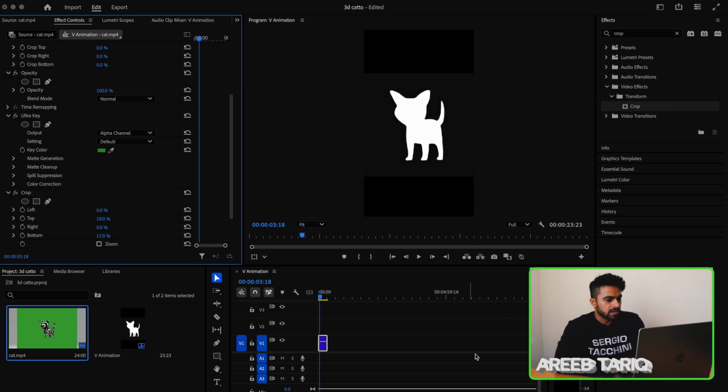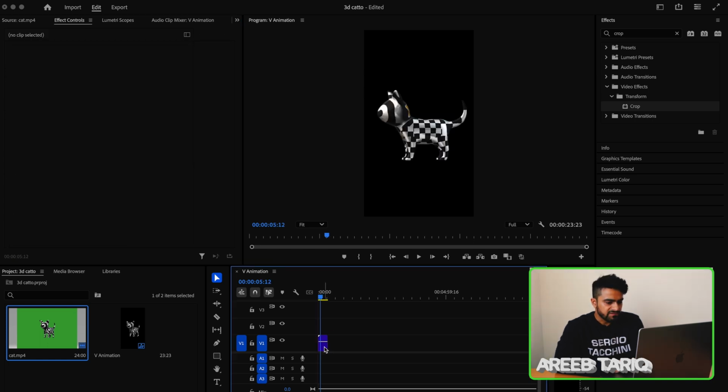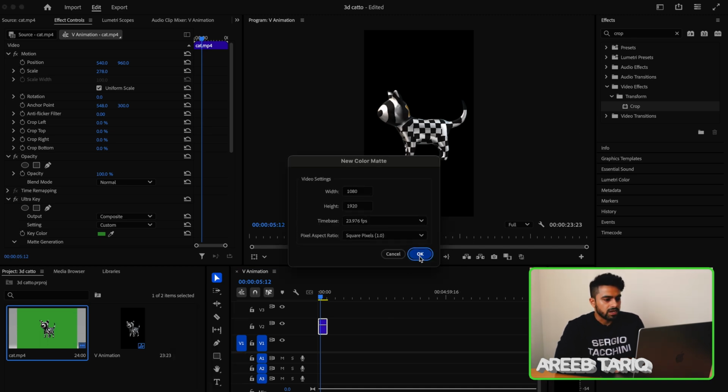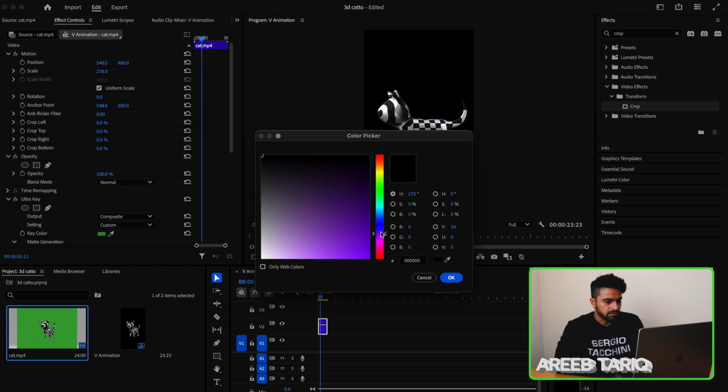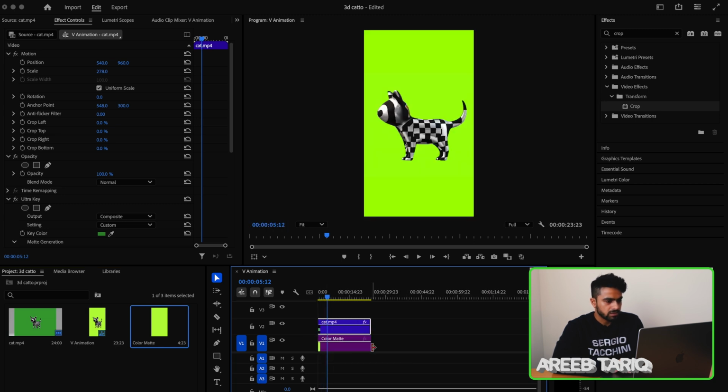Okay, and I think it still has some grace, so I'll see how I can make it better. Now once I have this, I can add anything in the background. For now, I just want to add a color, and let's see how this looks. Okay, this looks